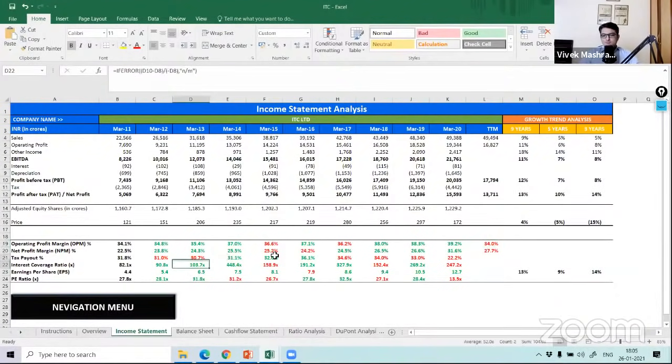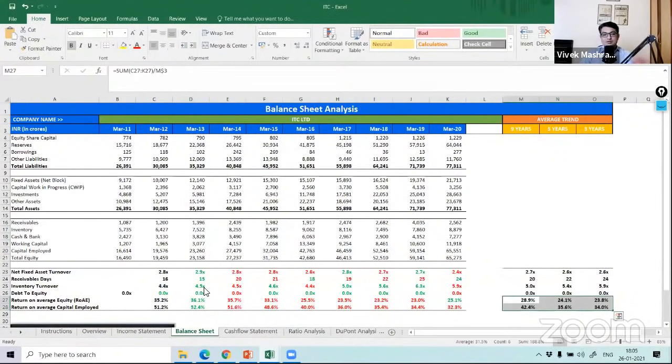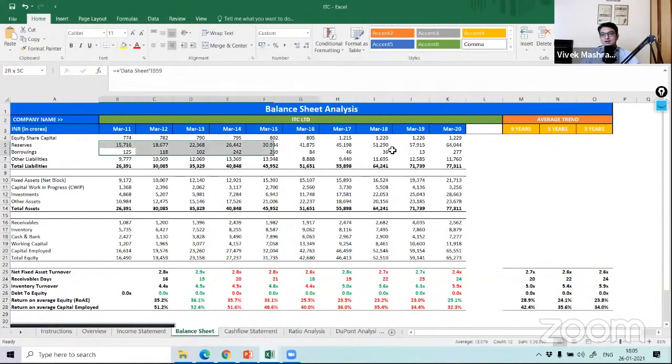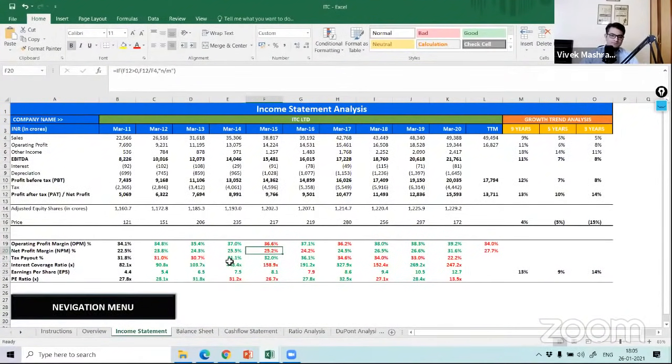Interest coverage ratio, very good, right? Because they are printing money, where will the interest come from? No debt, so no borrowing. Again, I'm assuming just from the business model. I have not even seen the balance sheet as of now, but I'm sure if you go to the balance sheet, you will find that. Okay, so almost zero debt, right, based on the company market cap. So debt-free company. So that is fine.